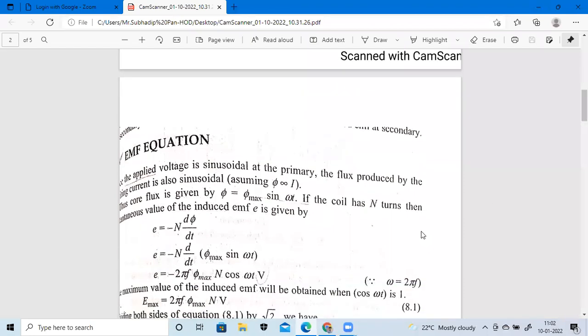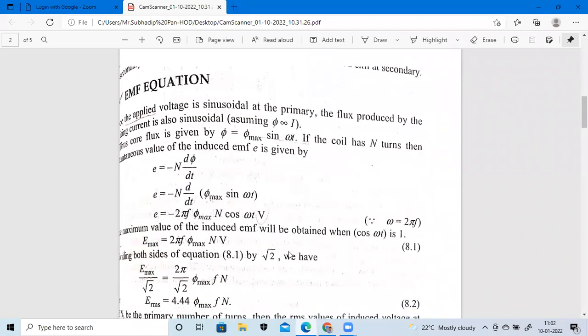The induced equation is whatever we mention here. That means phi equals phi maximum sin omega t, and then we have to find the induced EMF, which is n d phi by dt. Speed is also a model. And there is a negative sign here. Whenever speed is controlled, they will easily reach it. With the negative sign, the speed should be 60 kilometers.